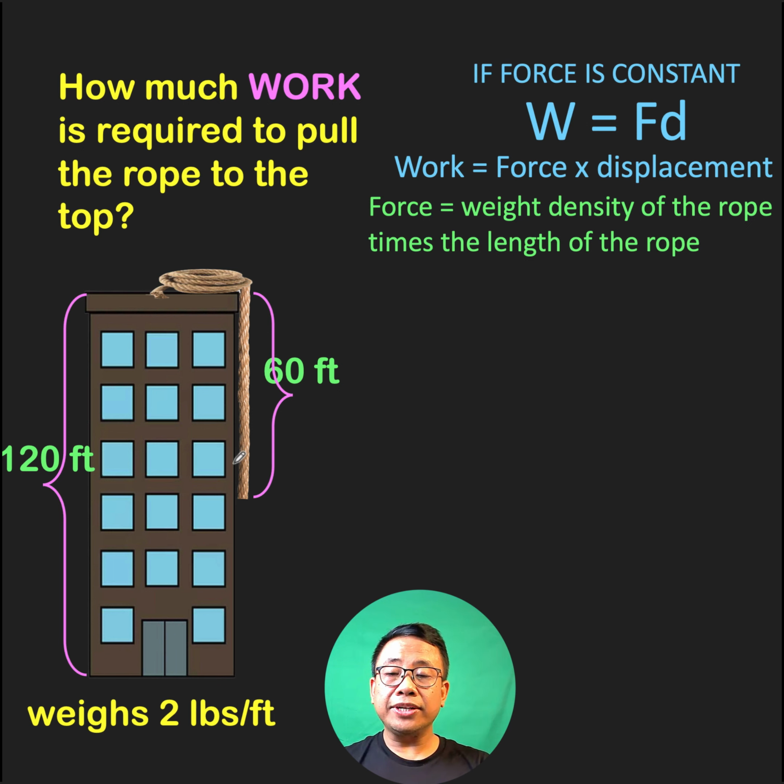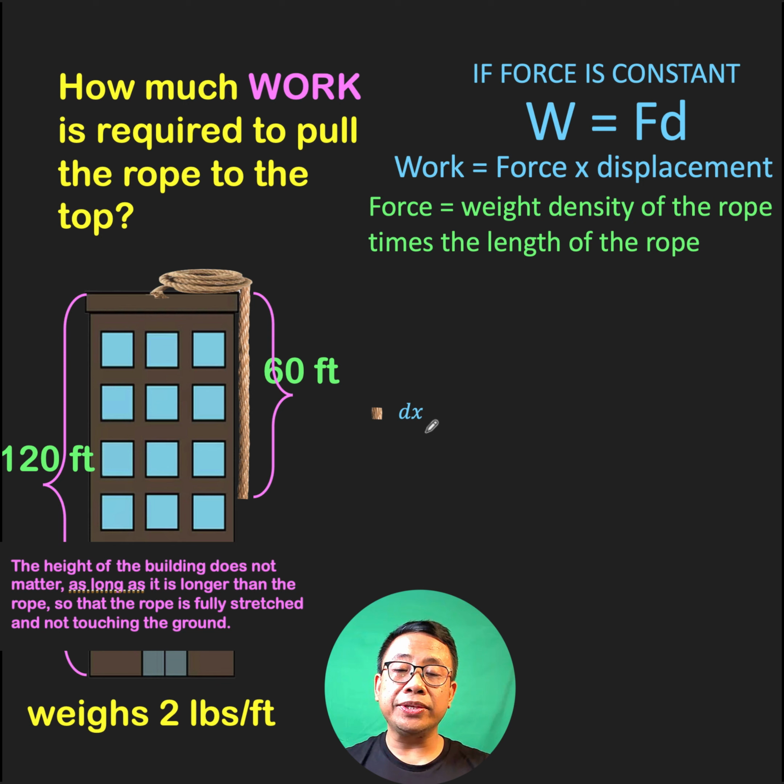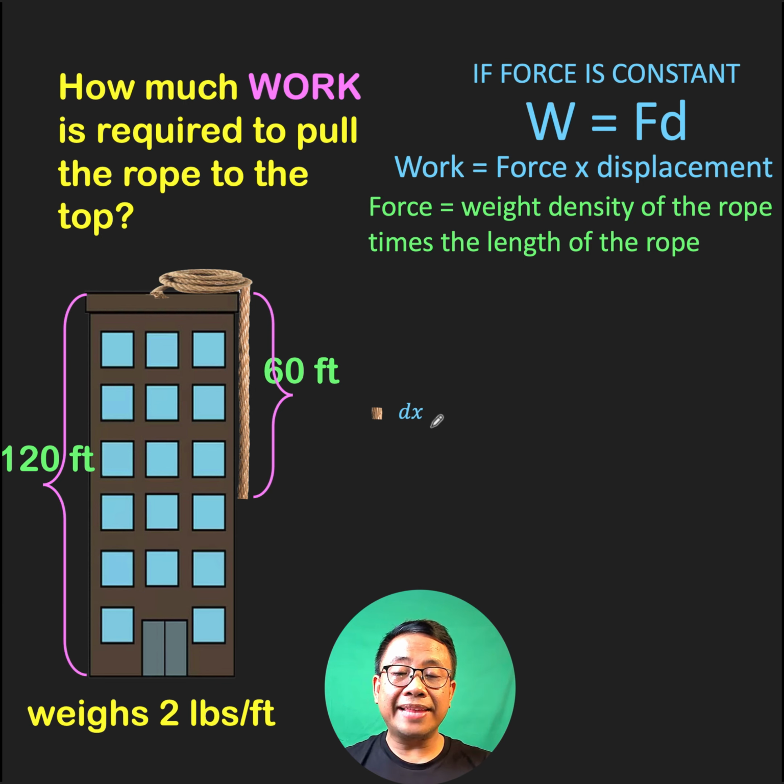Now going back to this rope, in order to use calculus, we are going to slice this rope into thin slices like this. The length of this slice is delta x. Now don't think of x as the horizontal distance and y as the vertical distance. There's only one variable here, and that is the length of the rope. So it doesn't matter if you use the y or x variable. If you let x be the distance along the rope, then dx would be the length of that thin slice